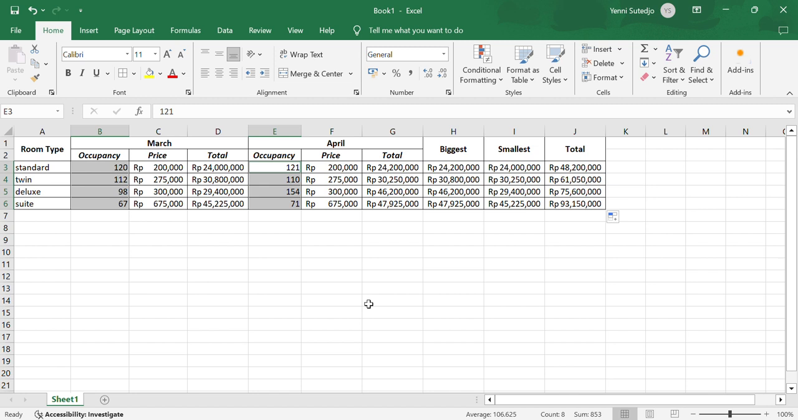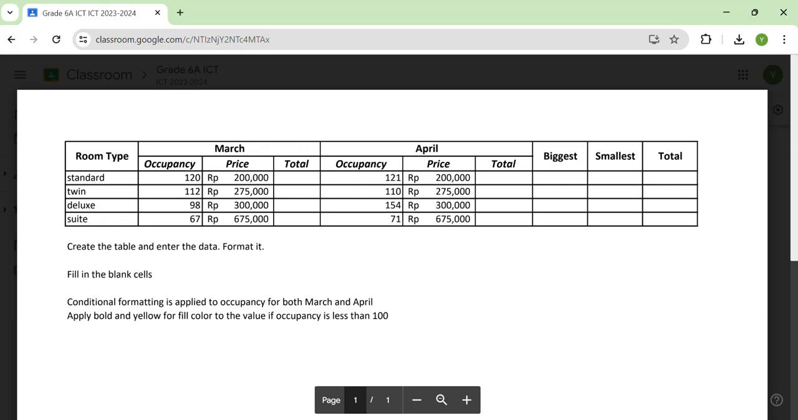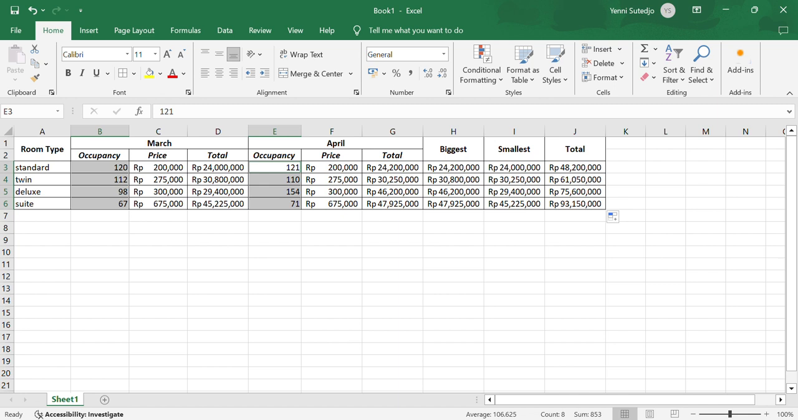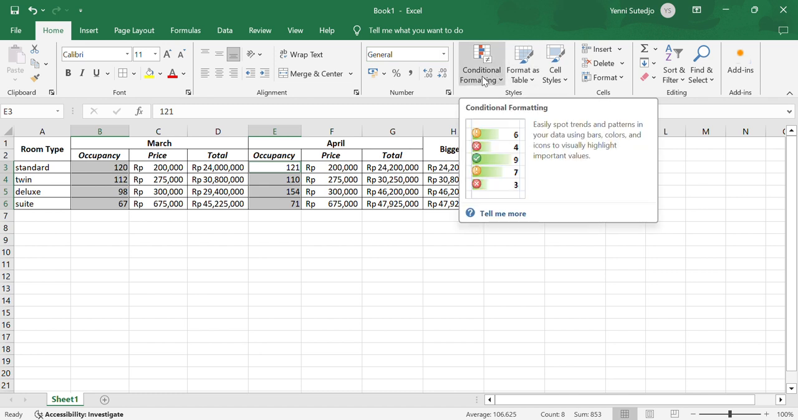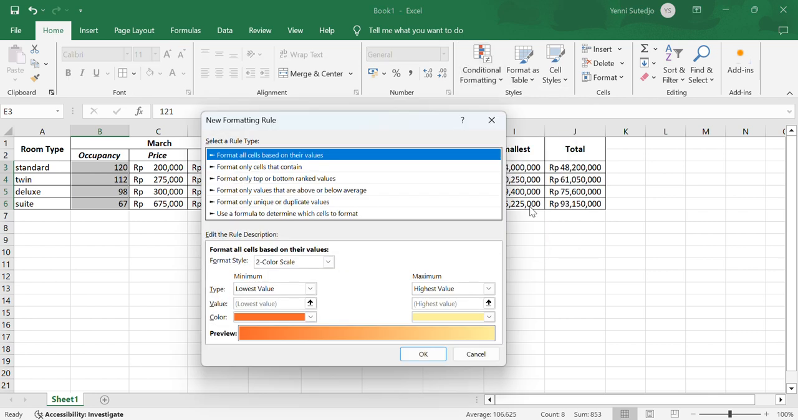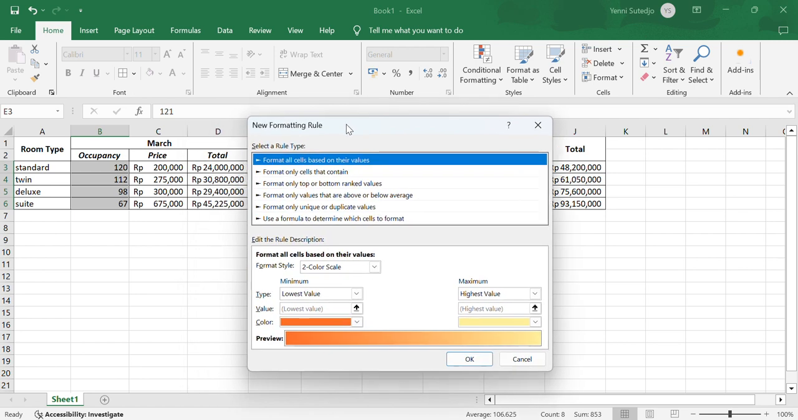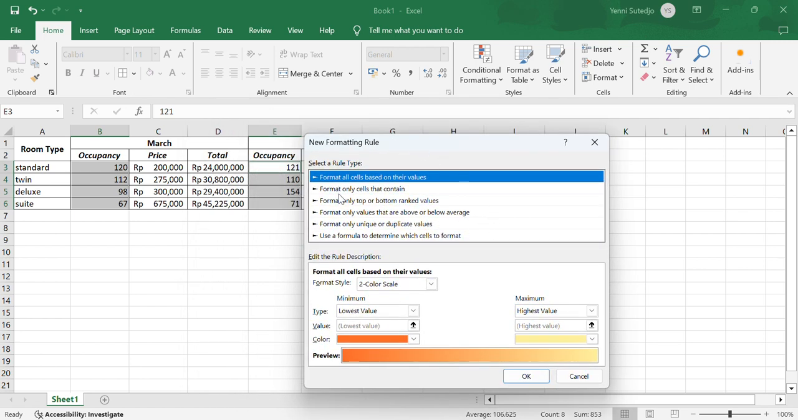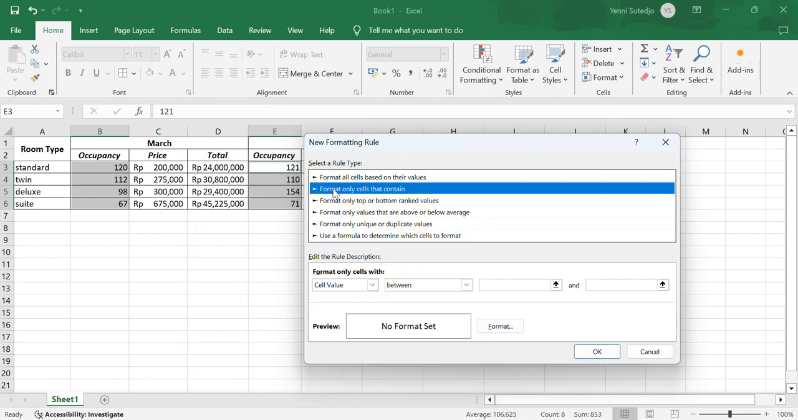color. Now, that one can happen with conditional formatting. Conditional formatting is available under the Home tab. Under the Style section, you will see the conditional formatting. You click the drop down list and you click on the new rule. And we will format based on what? Based on this one, format only cells that contain the cell values. If the cell value is less than 100,